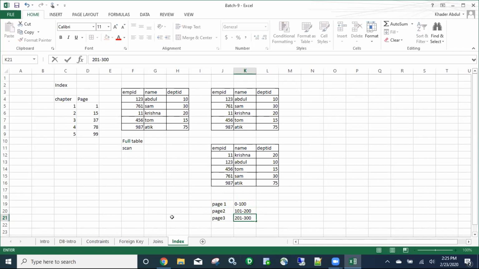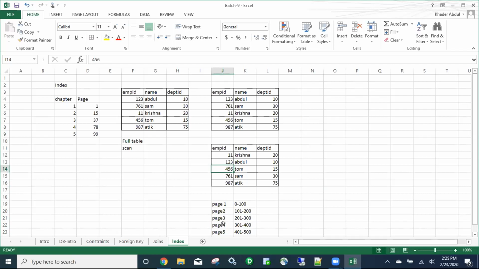Let me create one more. Page 4, 301 to 400. Page 5, 401 to 500. Now if I do a select statement, select star from table where empid equals 456,